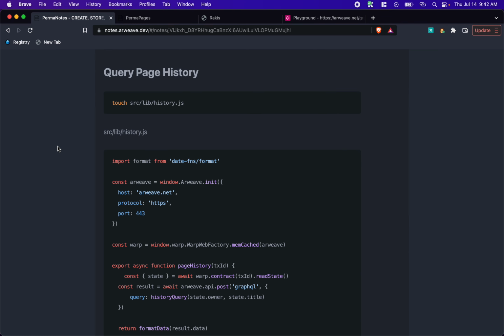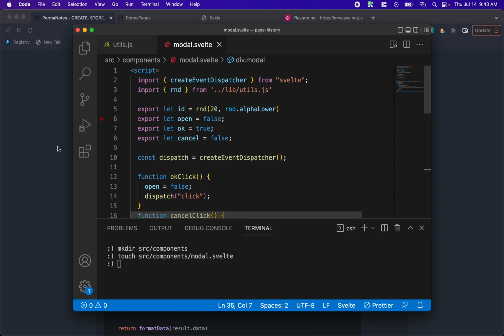So the next file we're going to work on is the page history. The page history will actually be our data access layer, and it will work with Arweave and get all of the data. So to do that, we're going to create the file. So we can do touch source lib history.js, and then we'll just open that file,